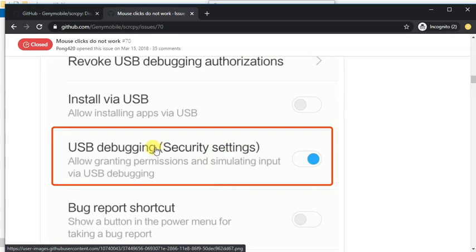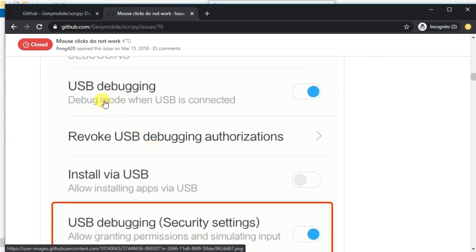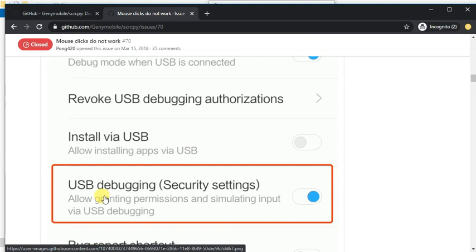So apart from USB debugging, we have to enable the USB debugging security settings. In order to enable this, it asked for Mi account login. I have done that. After that, I am able to see my screen.